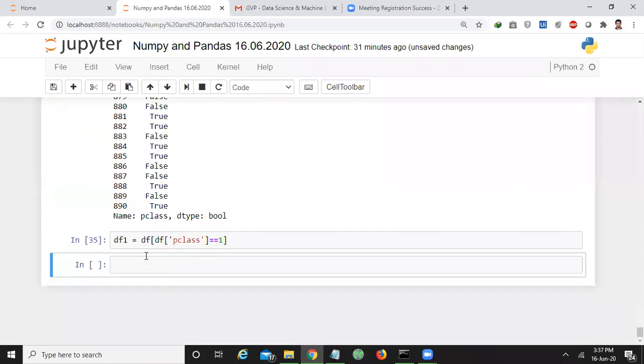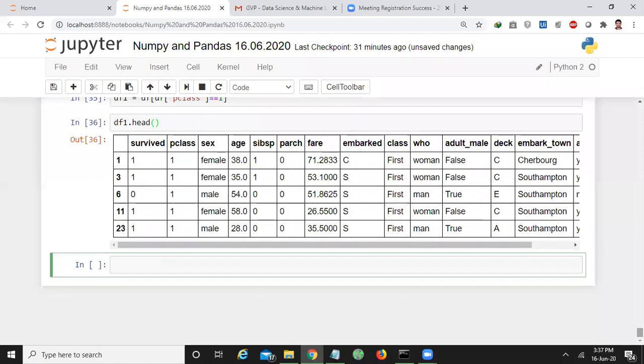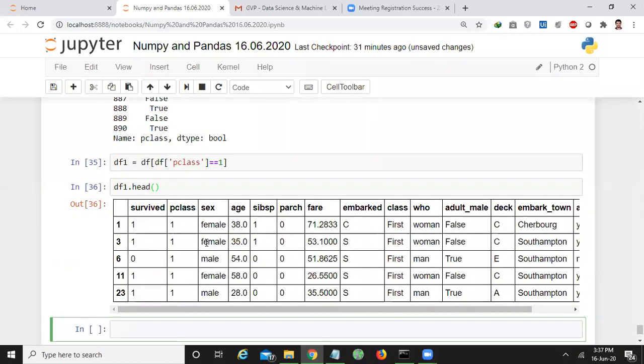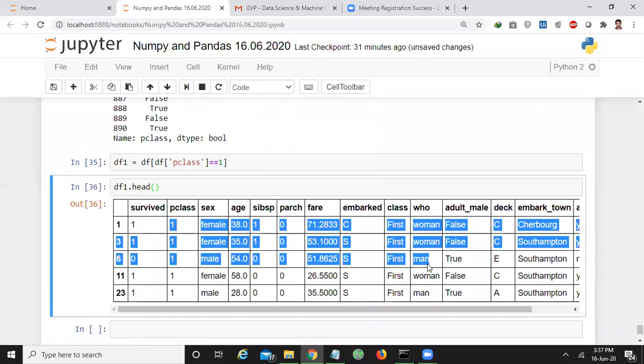Then df1 will have only the data of first class passengers. Then if you want to see the first 5 rows of the first class passengers, it will be represented like this.